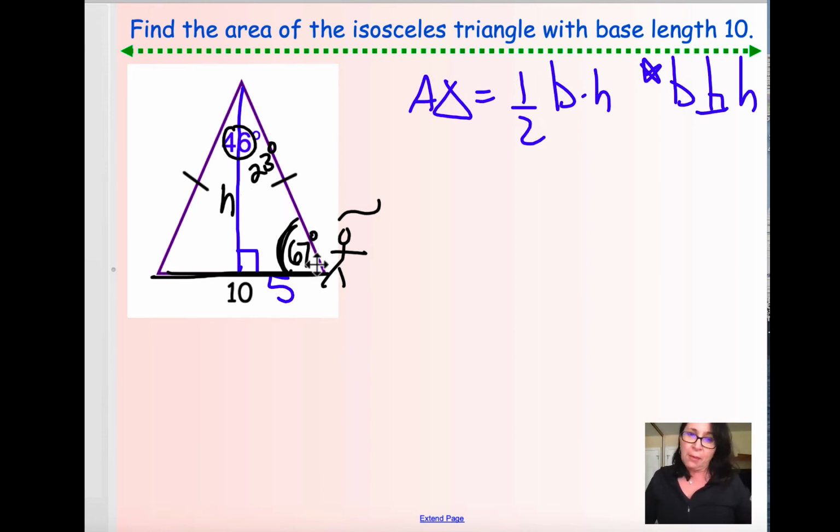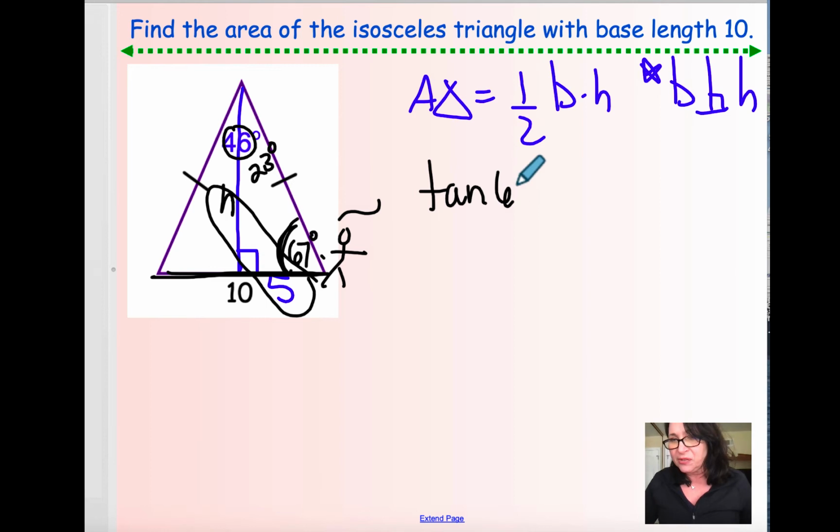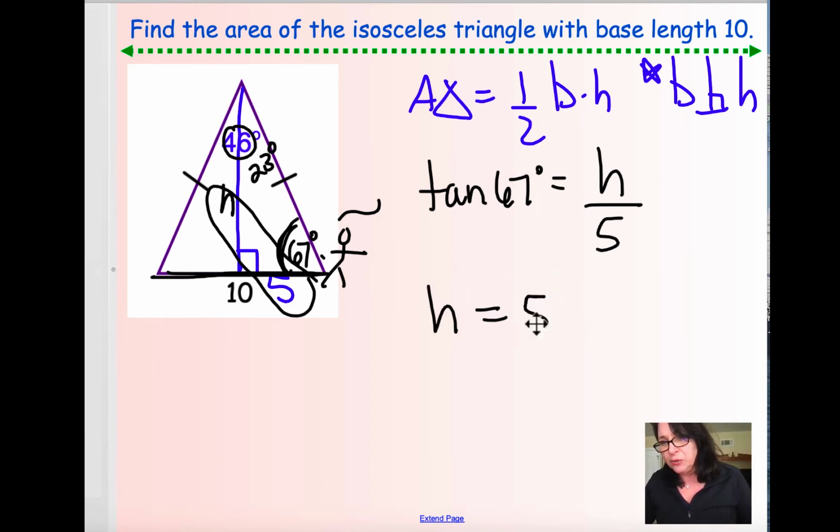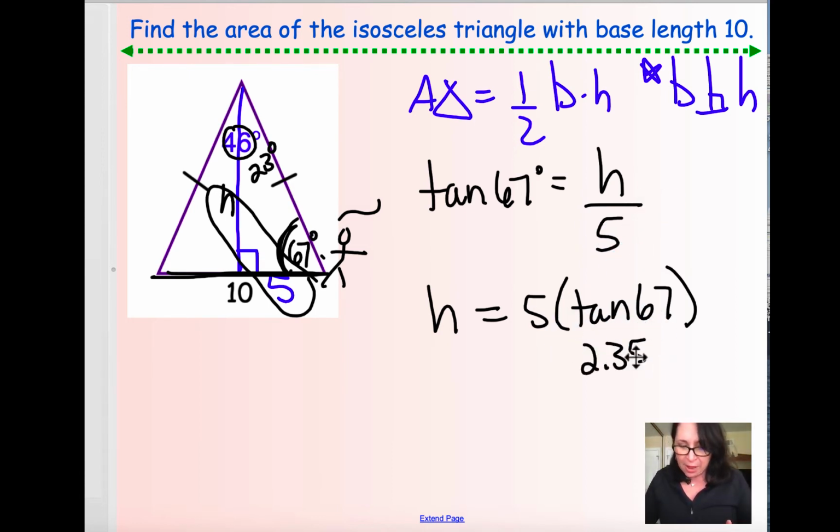I'm trying to find the height. I'm going to use trigonometry. And so these are the two values that I'm concentrating on. So that's going to be tangent, because that's opposite and adjacent. So I'm going to say tangent of 67 degrees is equal to the height, which is what I'm trying to find, over 5. So the height is equal to 5 times tangent of 67 degrees. So tangent of 67 degrees is 2.355. And then I'm going to multiply this number,